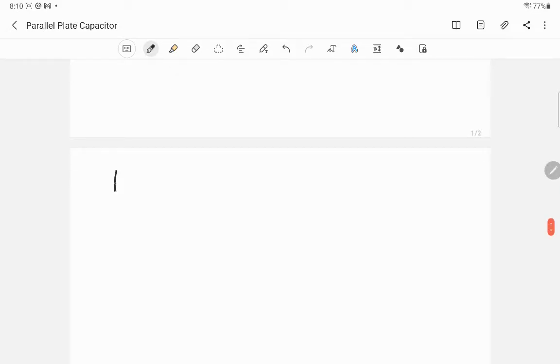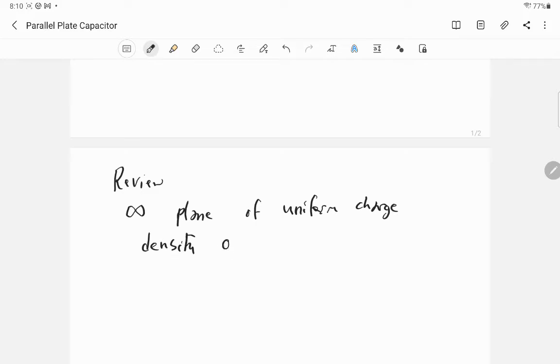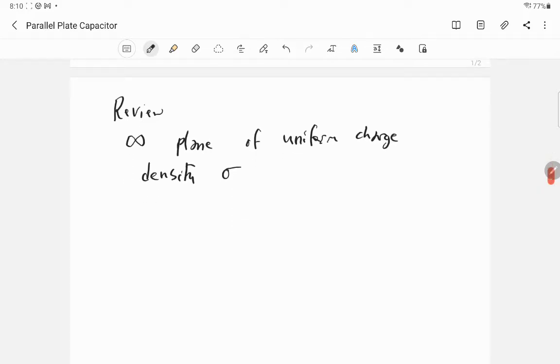first thing I want to do for you is something of a review. If you have an infinite plane, so infinite means it's got an infinite area, with uniform charge density, sigma, then what you can have is the electric field has a magnitude that's sigma over 2 epsilon naught, and